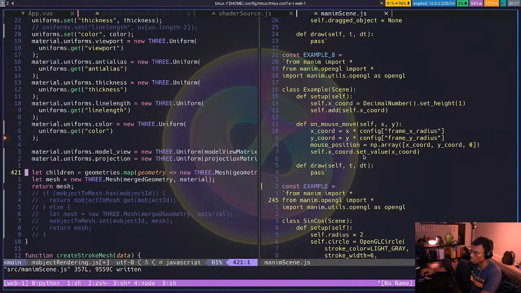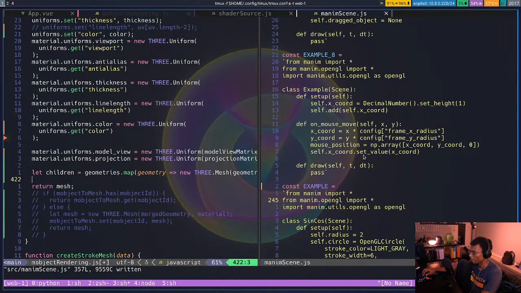Okay, so now that should be a list of meshes. I want to merge them. Then I should be able to do... let,